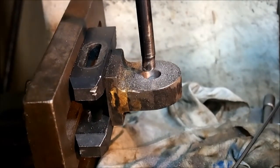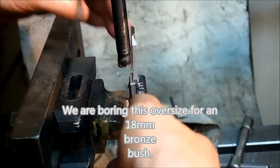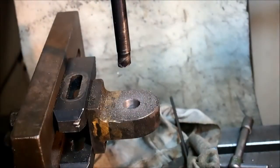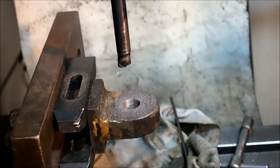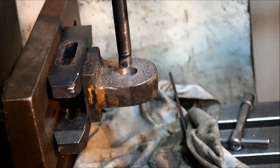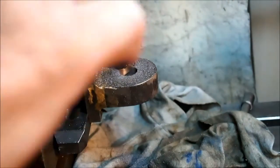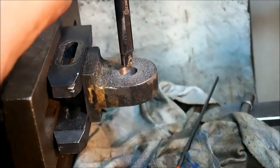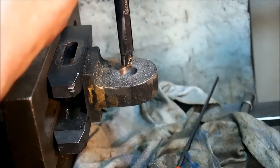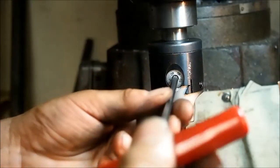I would like to actually cut this boring bar in half, but it's the one off my lathe and I don't want to do that. So 15. Got a ways to go yet. So we'll try 0.5 instead of 0.25. It seems to be cutting pretty nicely. So 0.5 is 1/4 revolution. We'll do 20 divisions there,